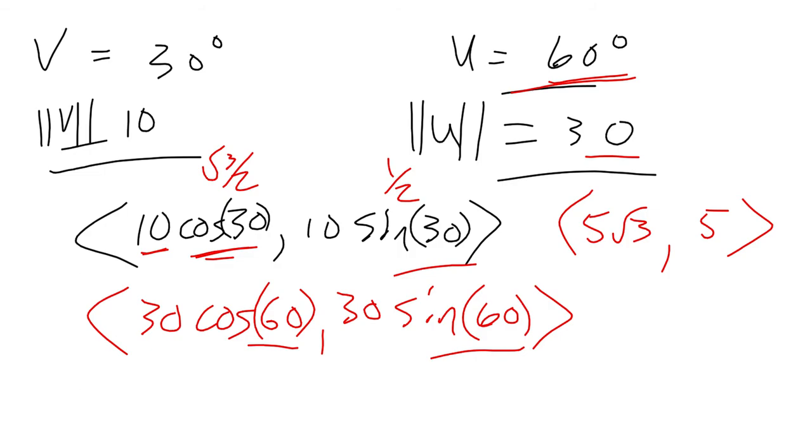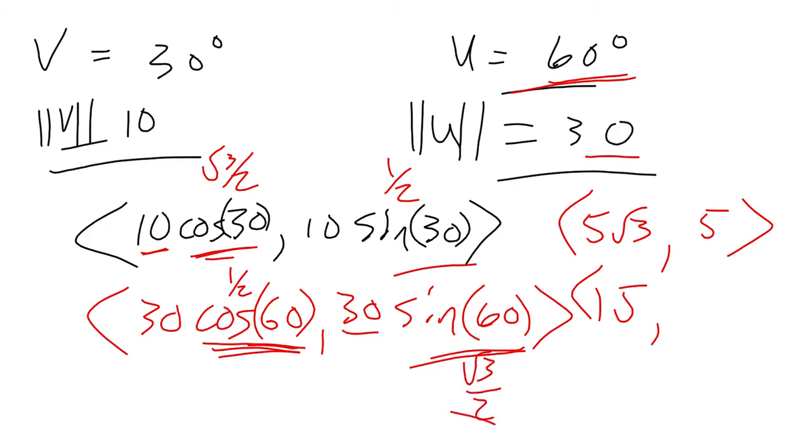Okay. Cosine of 60, well, that's a half. So 30 cosine of 60 would be 15, comma. And then the sine of 60 is also the square root of 3 over 2. So I get 30 times the square root of 3 over 2, which would be 15 square roots of 3, right? So now adding these two vectors,